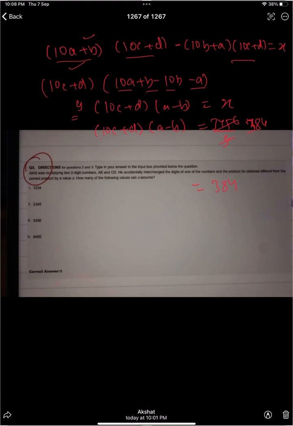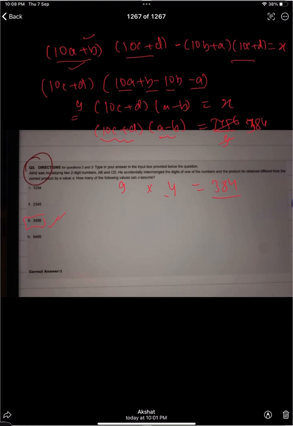One thing we have to remember, that this is a two-digit number and this is a single digit minus a single digit, so this will be a single digit. So basically a two-digit number into a single-digit number should be 384. Let's check, is it possible in any case. If we take this number to be 4, so 4 times 96 is 384, and 4 times 6 is 24, so possible. So 3456 can be possible. This is for sure possible.